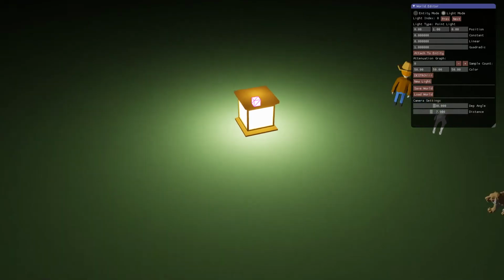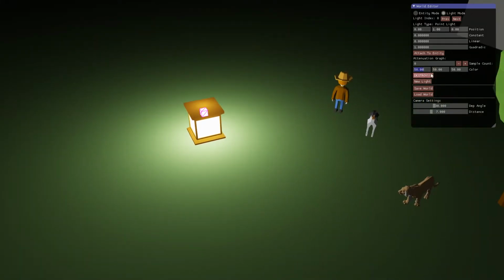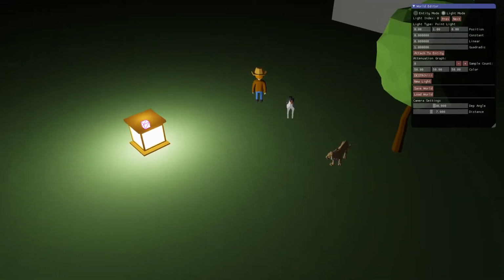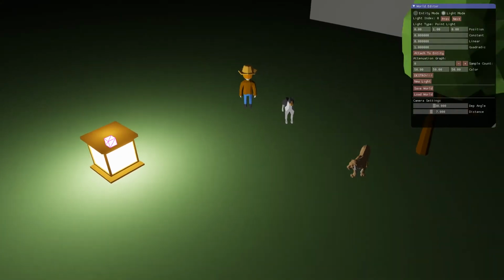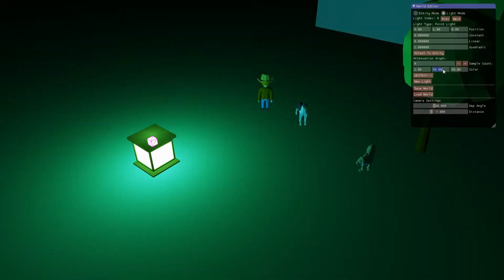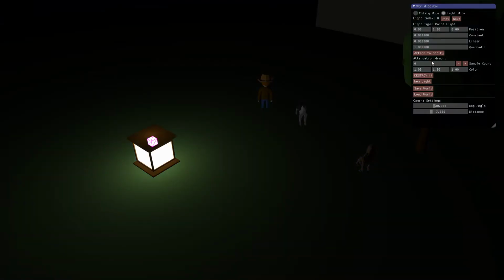And since we're rendering HDR now, we can just put values that are over 1 as the color, and it will convert high dynamic range into low dynamic range. So we have the freedom to make light as intense as we want it to. Let's just change it back to 1, 0, 1, and